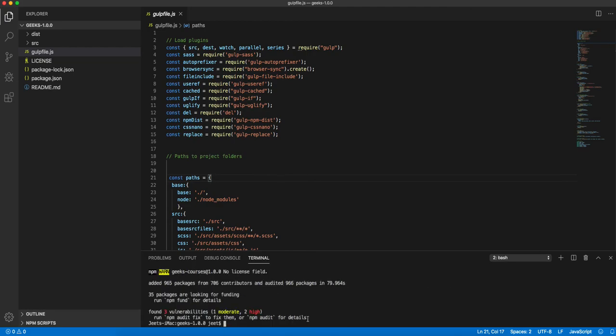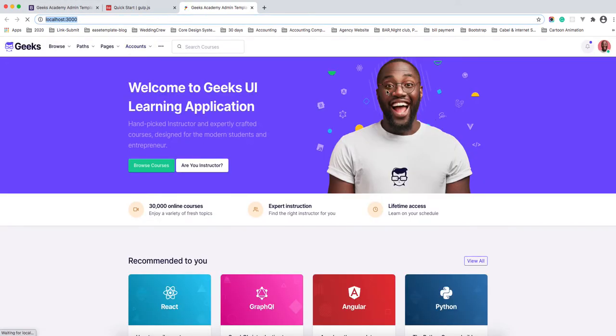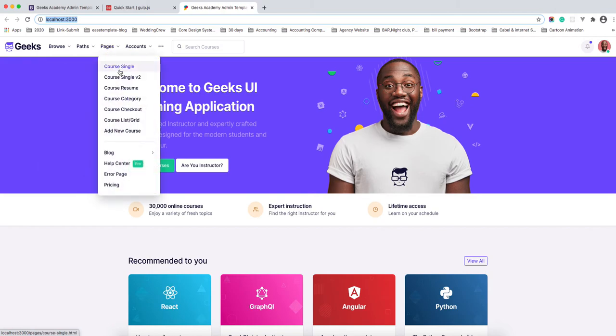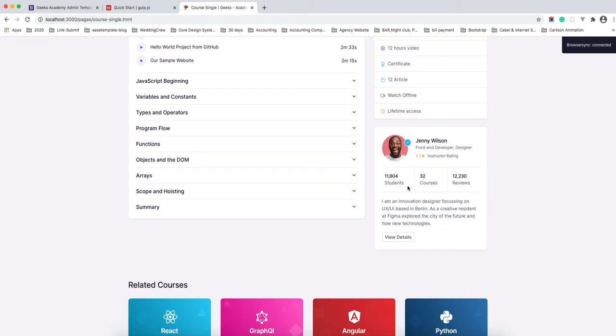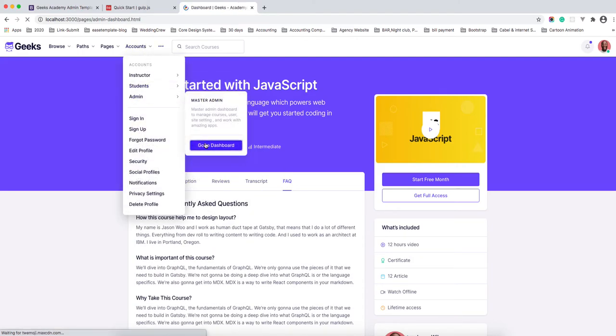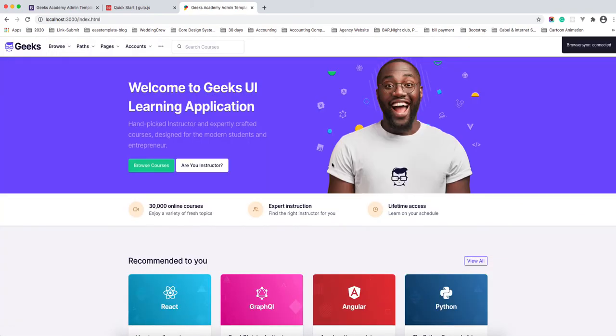Okay, now npm is installed in our folder. I'm just running Gulp now. You will see the server will automatically start with Gulp, and the server is localhost 3000. Now you will see the demo is working on the server. See, all your pages are working fine with the server. See this page and the admin dashboard, and everything is working fine with Gulp.js. It's an entire demo built with Gulp.js.